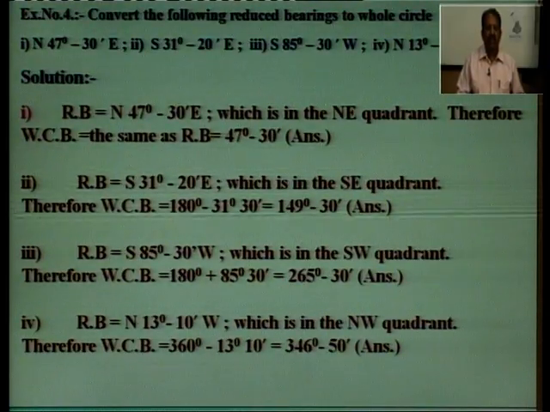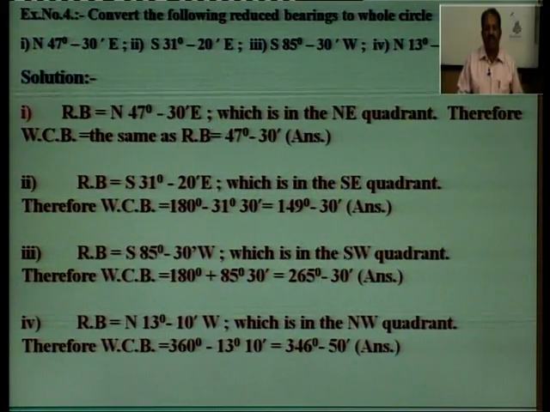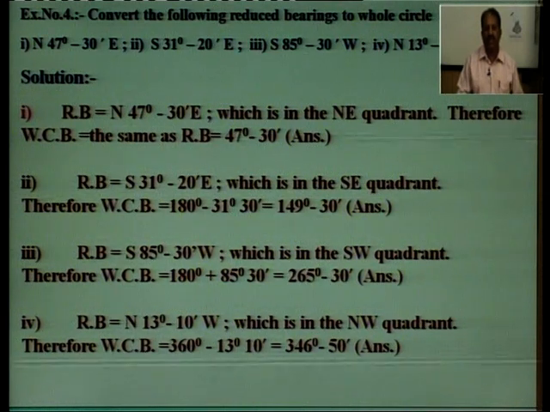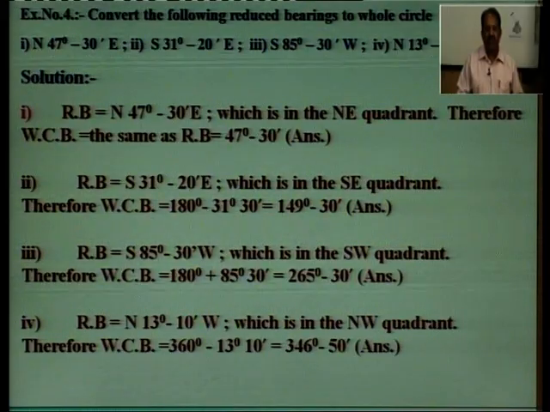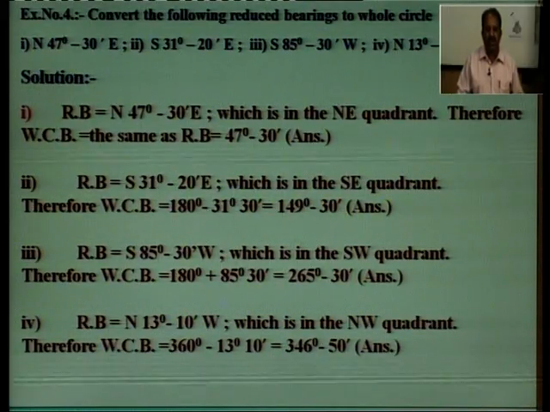Again, another example: convert the following reduced bearings to whole circle bearings. North 47 degrees 30 minutes east; second, south 31 degrees 20 minutes east; third, south 85 degrees 30 minutes east; and fourth is north 13 degrees 10 minutes west. So, to solve it, reduced bearing is 47